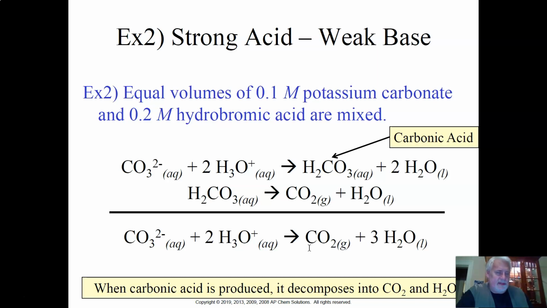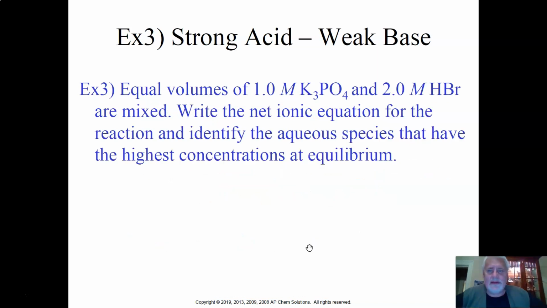It is going to go into CO2 and H2O. Good to review that because that's an important one. So now what do we got going on here? Here is